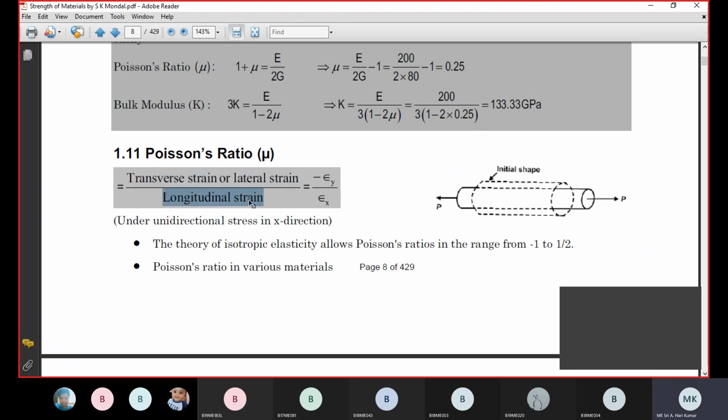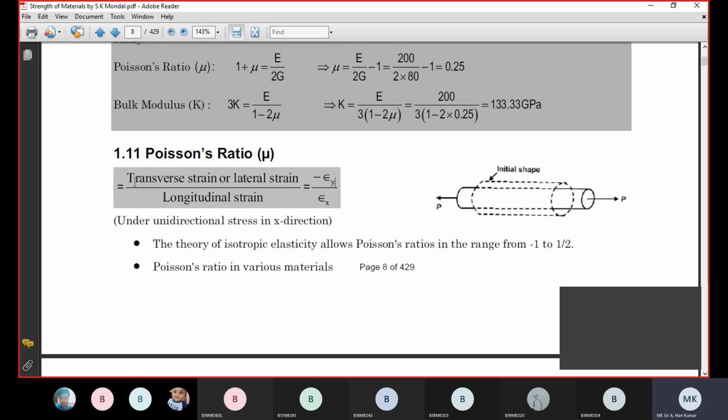Anyhow, we are applying the load and measuring the displacement along the load. That is always what we are doing, so we give it minimum priority and put it in the denominator. But since other dimensions are affected because of this load, we put them in the numerator. You can remember it that way. Lateral strain is negative because there is an increase in length but a decrease in diameter. So most of the cases would be negative. Poisson's ratio is transverse or lateral strain by longitudinal or linear strain.